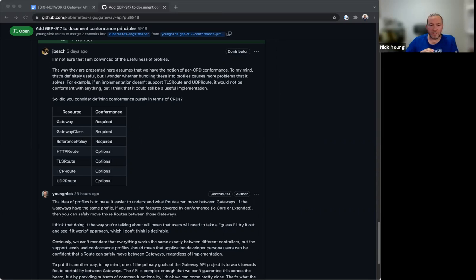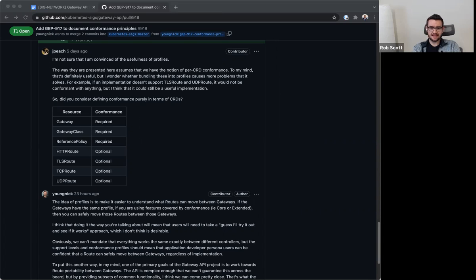And again, you're right. I should probably just not talk about this and let this evolve, and we will end up talking about it later. I think what will happen is that we will end up putting things into rough buckets, and most people who support HTTPRoute are probably going to support TLSRoute, and that's what the conformance profiles discussion was about. It's probably not worth even this level of discussion, so it's probably worth just taking it out.